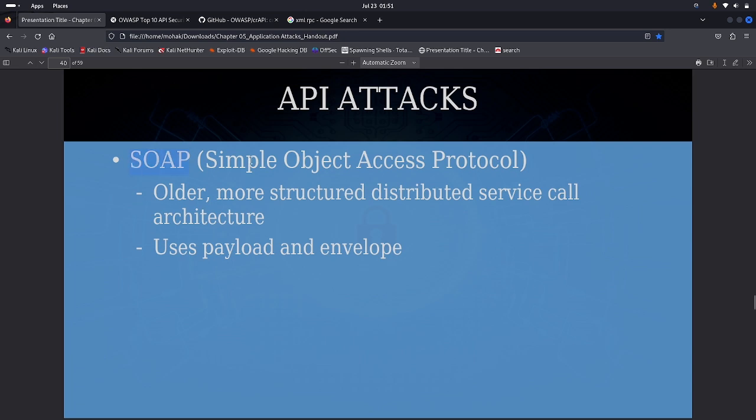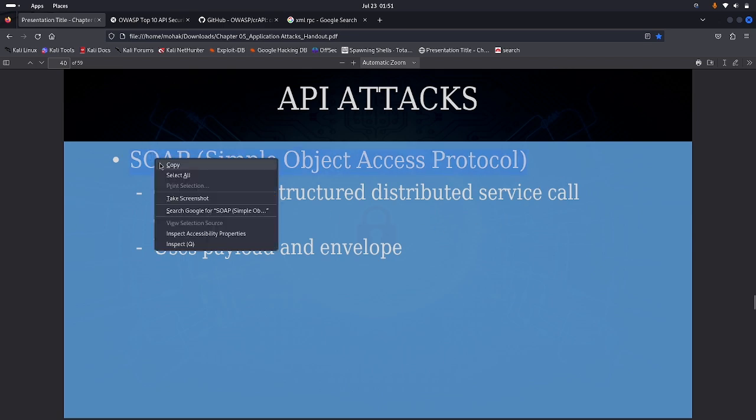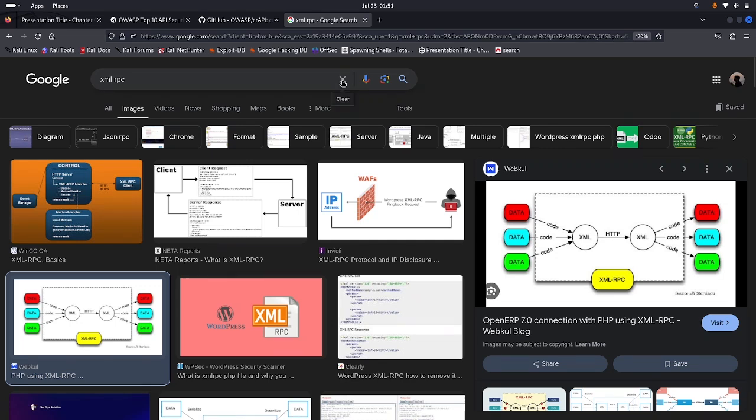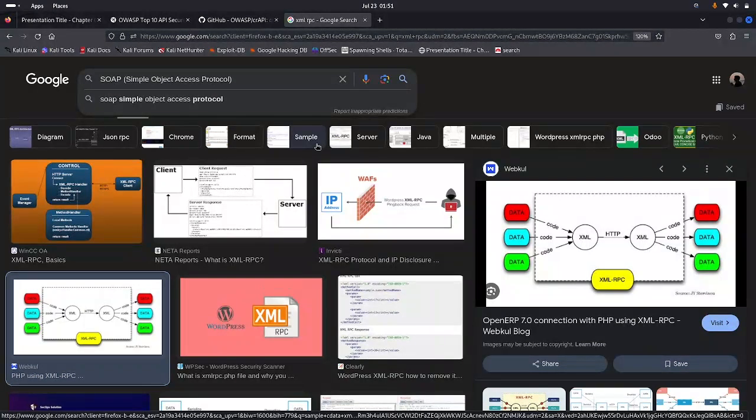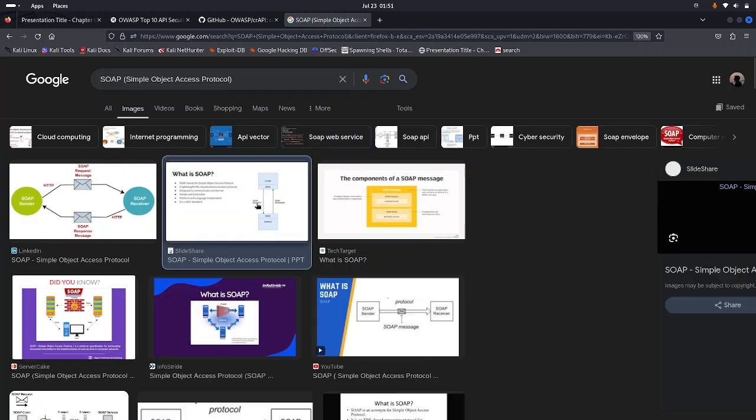Then comes SOAP. It's not so popular, but it's actually older and more structured. It uses a payload and an envelope. In the payload you can specify the things. So if you go here and search it, it's easy to work on. But there are a lot of RESTful APIs and other services also. So if you go here and read about it a lot,